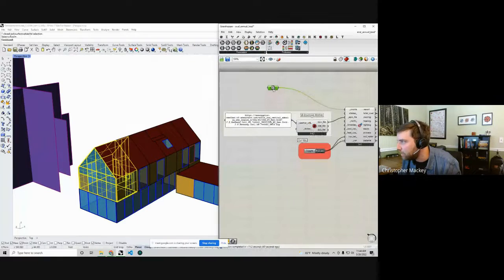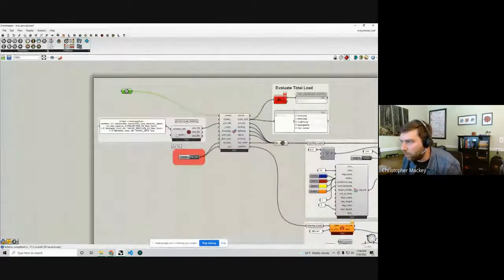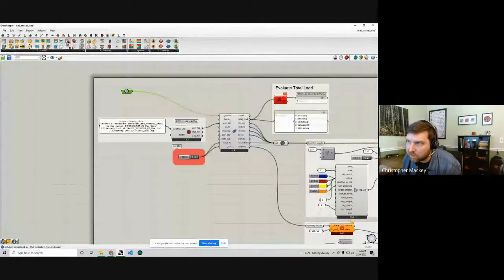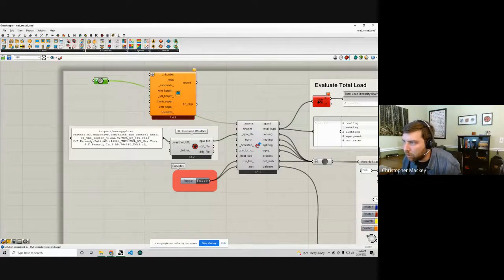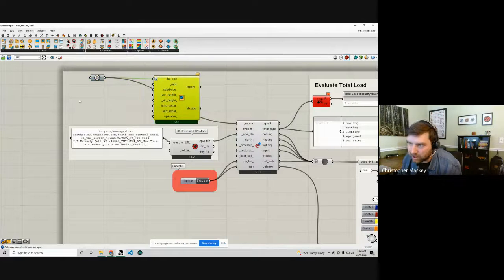this particularly glassy room. And if I go full Grasshopper here, I can just grab one of these Honeybee components like the apertures by ratio. I can connect up my room to this component. I can connect up a slider, let's say going from a glazing ratio of 0.1 all the way up to 0.9, right? We get a nice little Grasshopper slider there. I can connect that up to the ratio here,